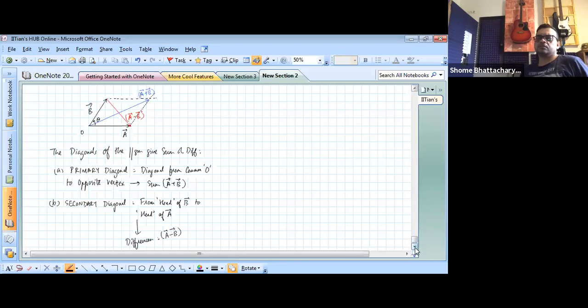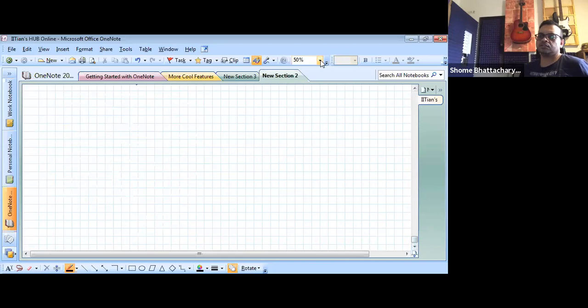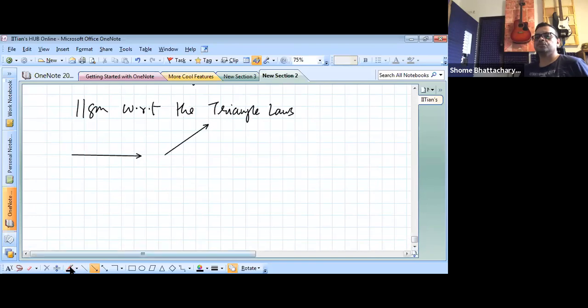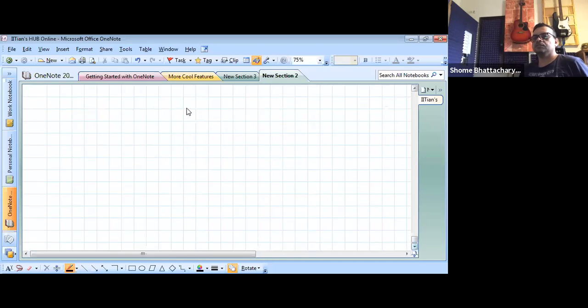Okay, so let us understand how this is valid. Why do these diagonals form the sum and the difference? Let us look at the parallelogram with respect to the triangle law, or the two triangle laws. Once again, suppose we have two arbitrary vectors A and B. Now if we were to find A plus B